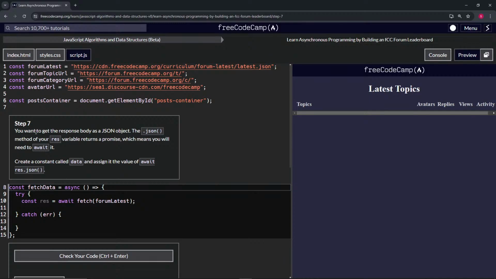So anyway, we want to get the response body as a JSON object. The JSON method of our res variable returns a promise, which means we will need to await it. I don't know what that means. The JSON method of our res variable returns a promise. Okay. Which means we will need to await it. Okay. So we're going to create a const called data and assign it the value of await res.json. Okay. So we'll say const